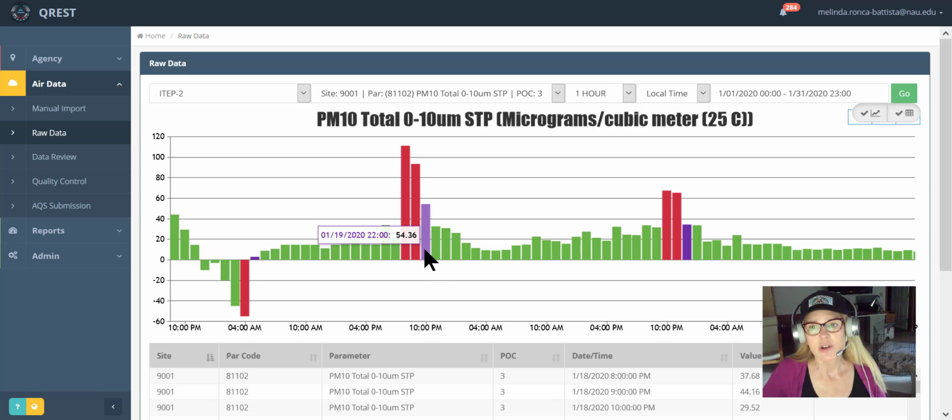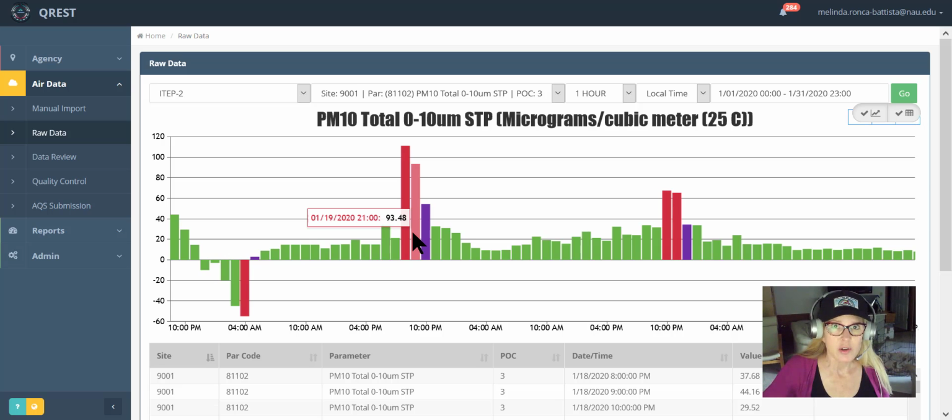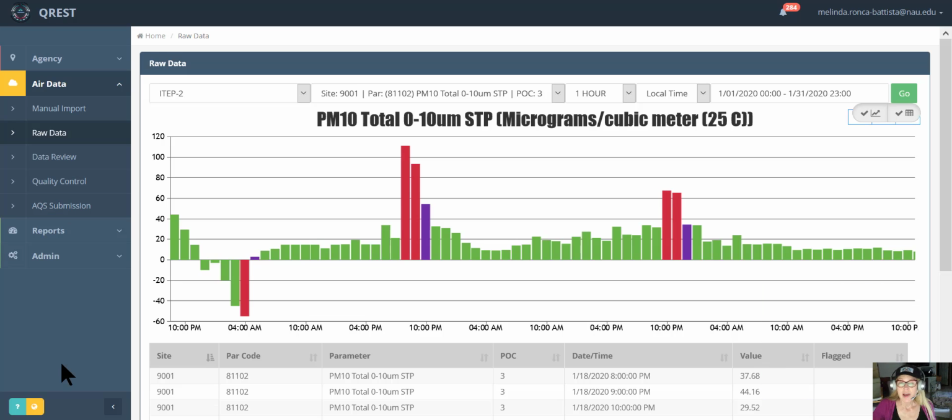And this value here is purple. And at first glance you might think, well, why is that purple? But remember we said we wanted CREST to alert us and identify records that change more than a certain amount from the previous record. So the fastest way to access what those limits are,